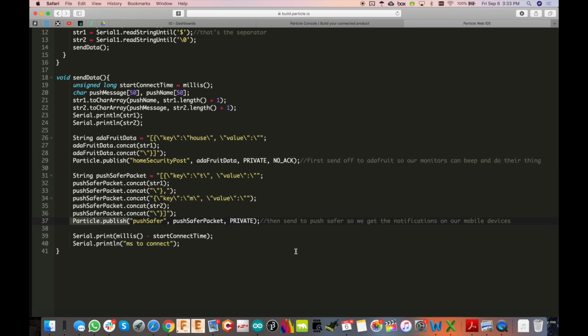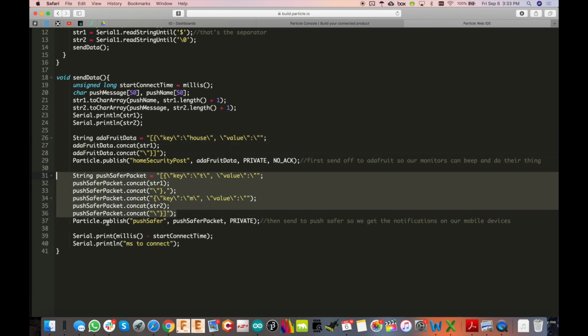Particle.publish right here. So we're setting up a packet first in a very special way, and then sending it to particle.publish. Now when we do that, we're actually calling a webhook. And these webhooks are very, very powerful. You can do so much with them. And they're nice because they are handling all of the cloud-to-cloud communication stuff that we don't want to deal with